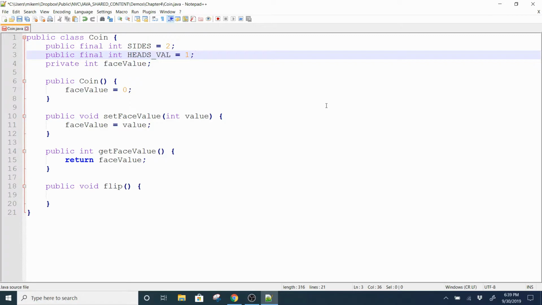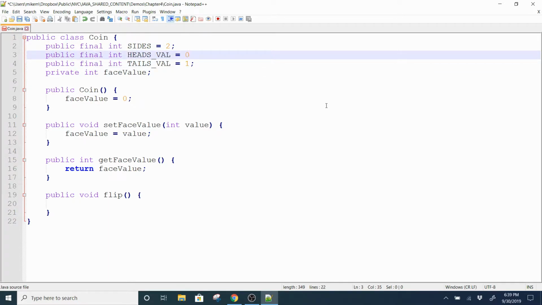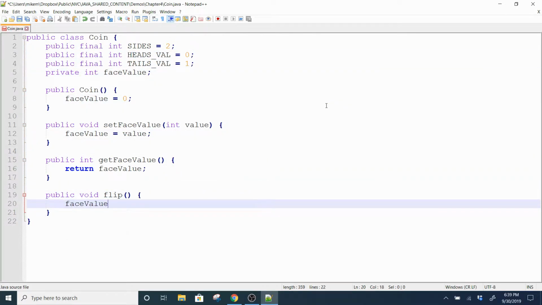And I'll just say 1, and public final int tails value. Actually, I think I said heads should be 0, right? And tails should be 1. All right, so for flip, what I'm going to do is I'm just going to say face value is going to